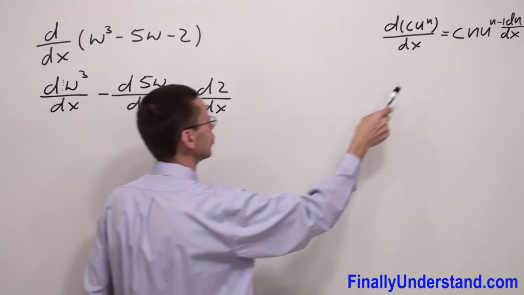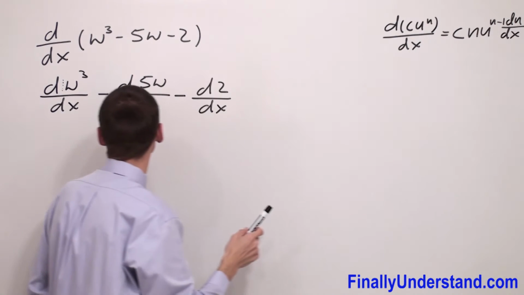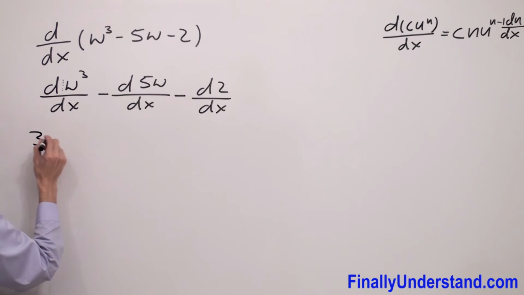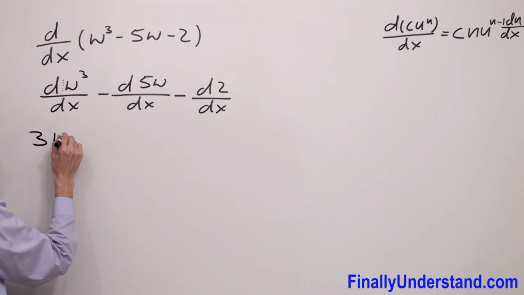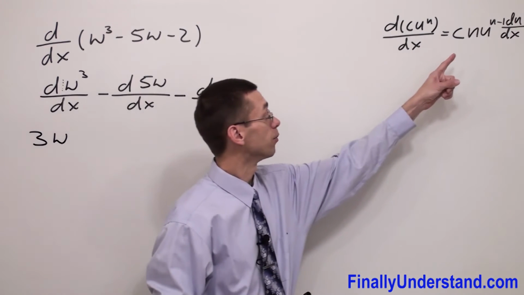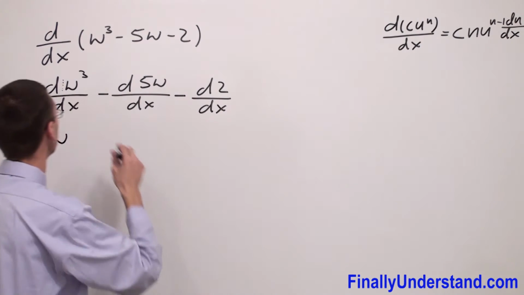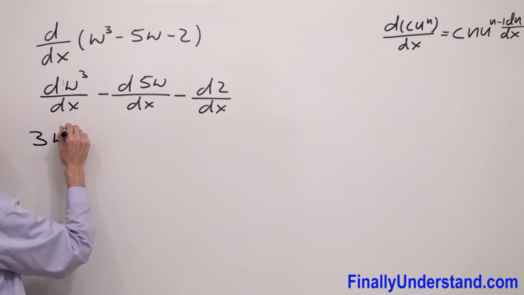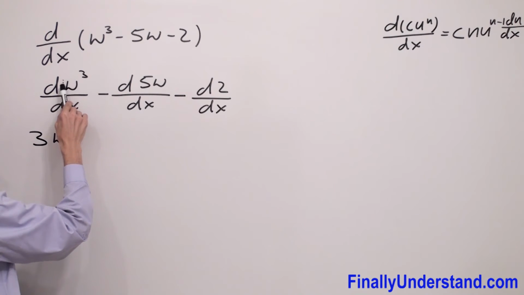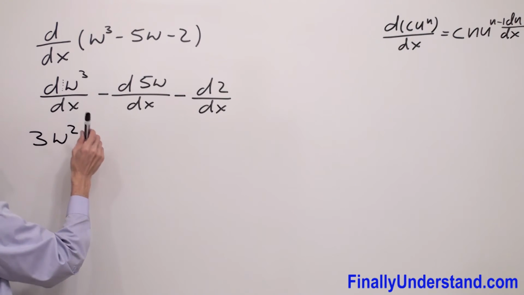The next thing I'm supposed to write is the exponent. So I have exponent 3, w, and I have exponent minus 1, and 3 minus 1 is equal to 2, and I'm supposed to find the derivative of w in this case. Okay, so I have